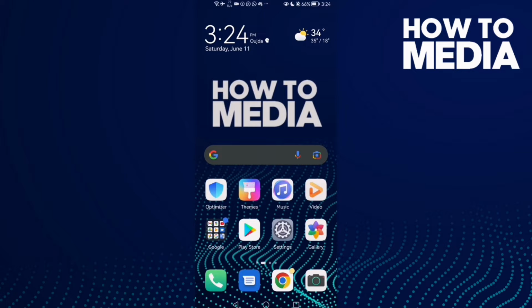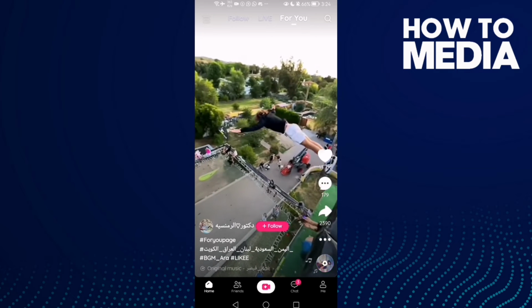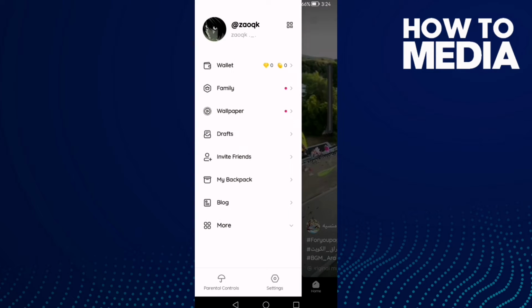How to find recommend me to my friends settings on Likee app. Hello guys, in today's video I'm gonna show you how to find recommend me to my friends settings on Likee app. First thing, go to Likee app and then just click these three lines in the top corner